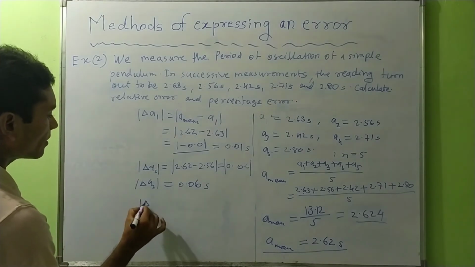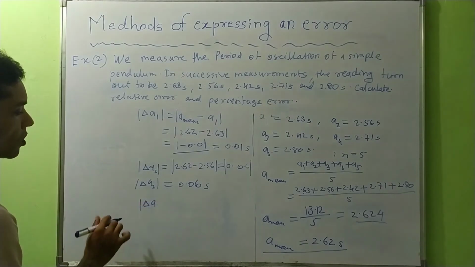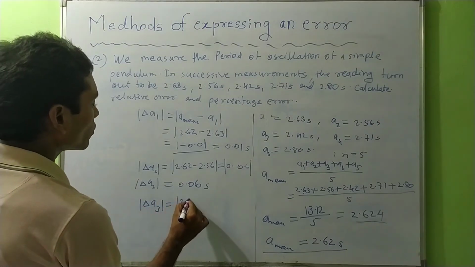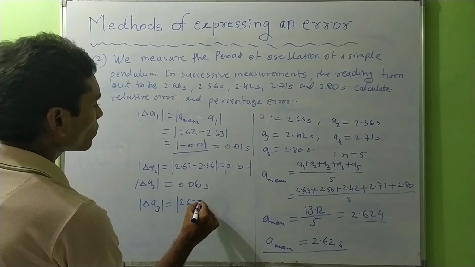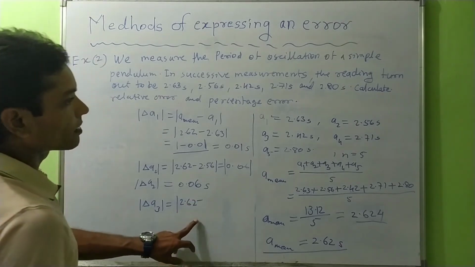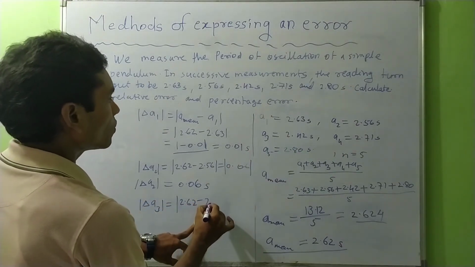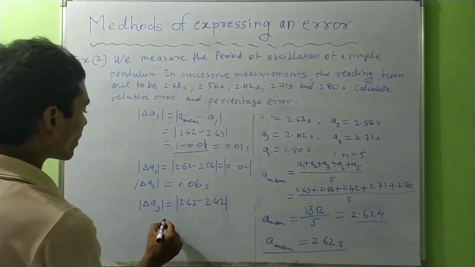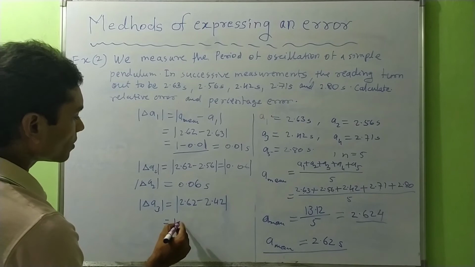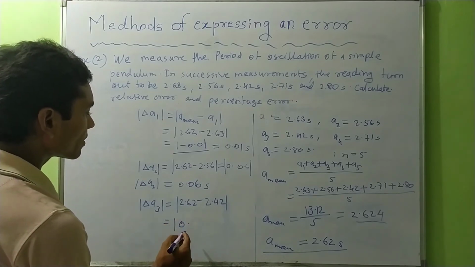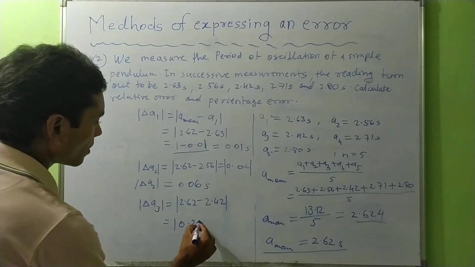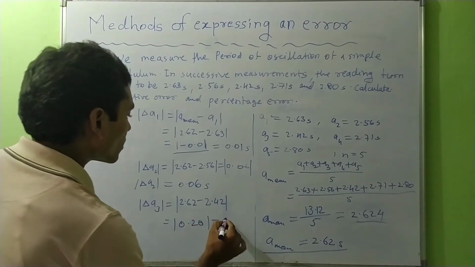Now third absolute error will be modulus of del A3. It will be equal mean value 2.62 minus third reading 2.42. It will be equal 0.20